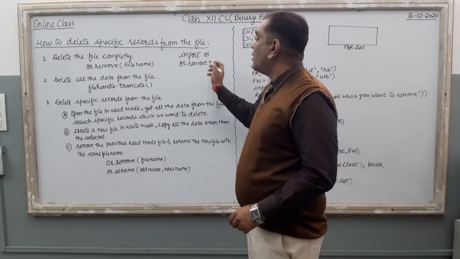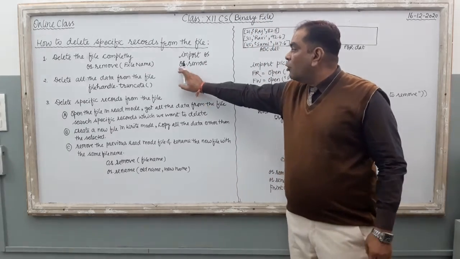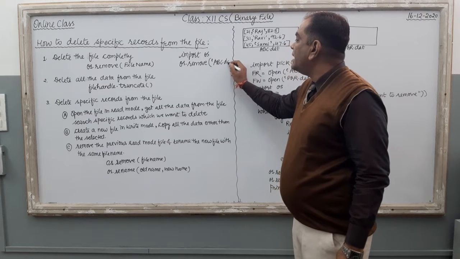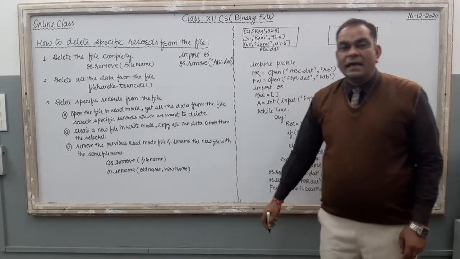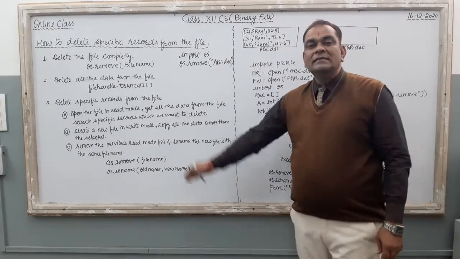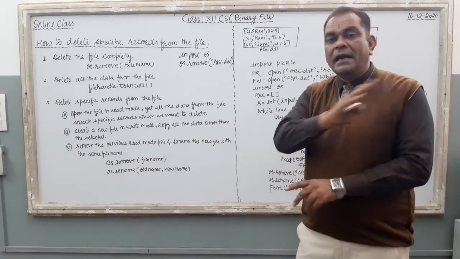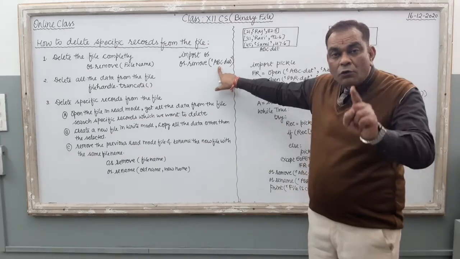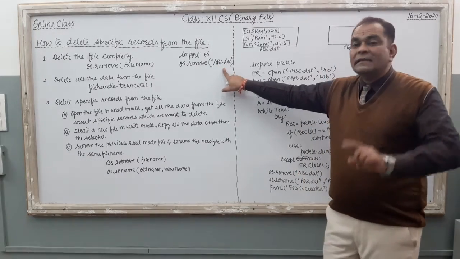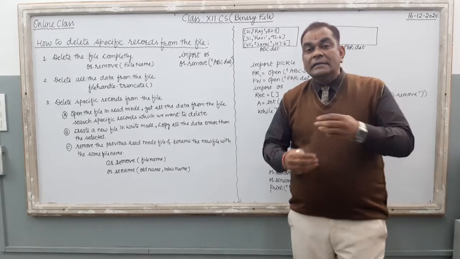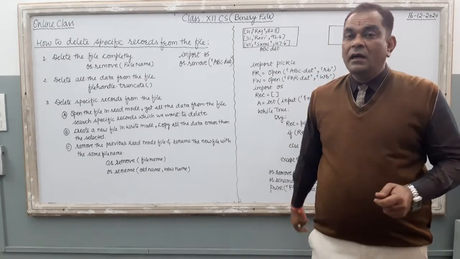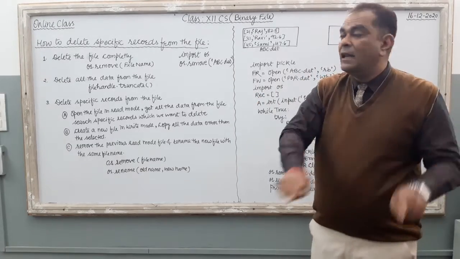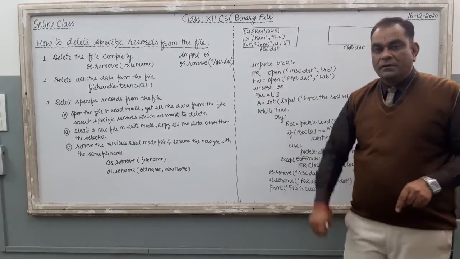Now if you want to delete the abc.dat file, the second line is os.remove. Remove is a function of the os module. So os.remove and inside the brackets just write the file name abc.dat and then close the bracket. By these two lines you can remove the file completely from the hard disk. Now if the file is in the root folder of Python, then the command is applicable. If the file is available in a different folder, then you have to supply the absolute path of the file with this os.remove function, right?